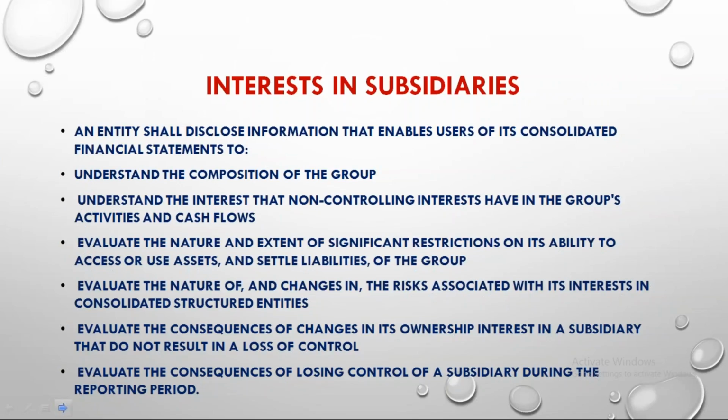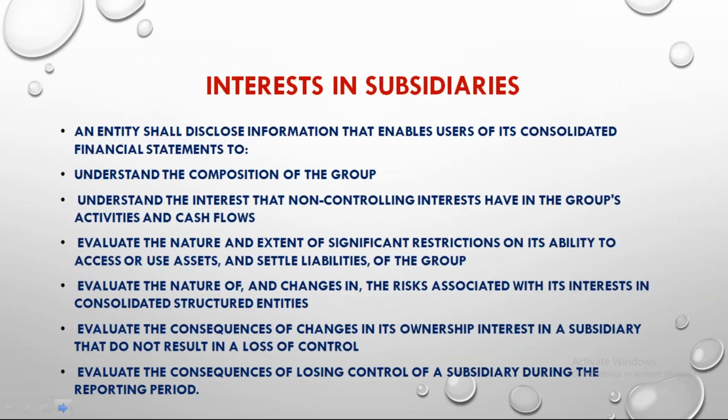In the same scenario, we consolidate, and the 20% we have sold, we will consider as a profit or loss and show it in the other comprehensive income and in the statement of changes in equity. But if it is 80% and you sell 40% or 45%, then you become an associate. Right? Out of 80% you sell 45%, then you hold only 35%, then you lose the control.